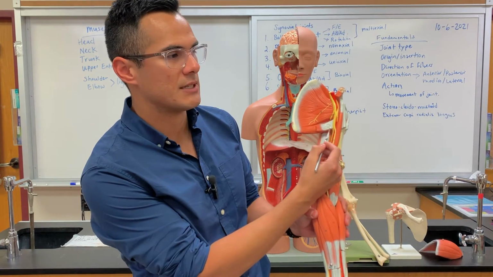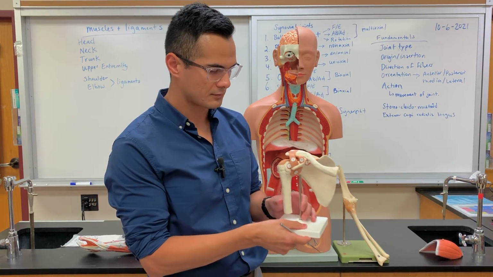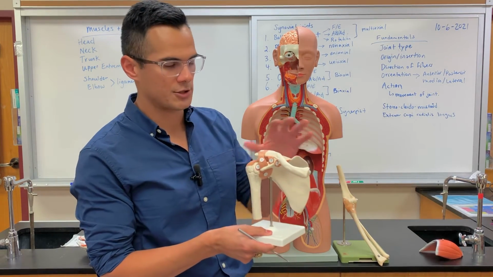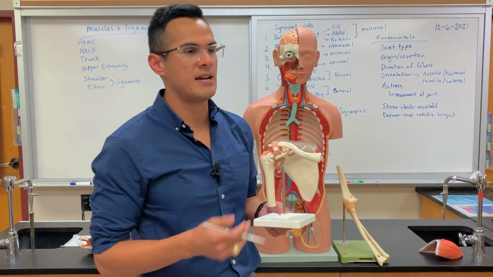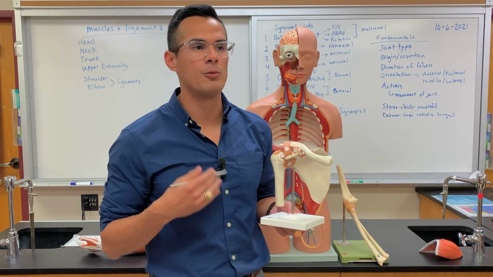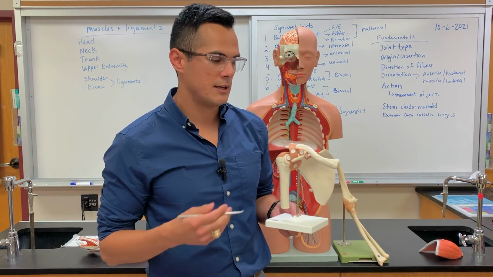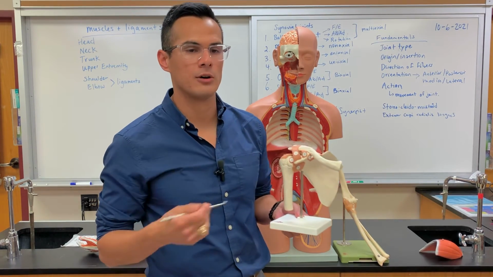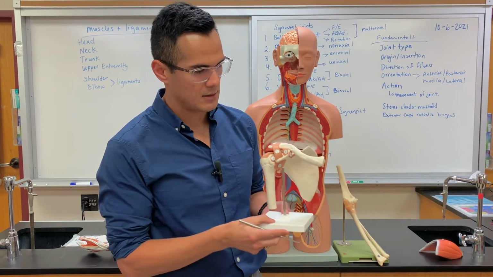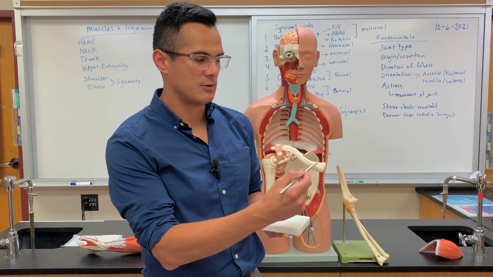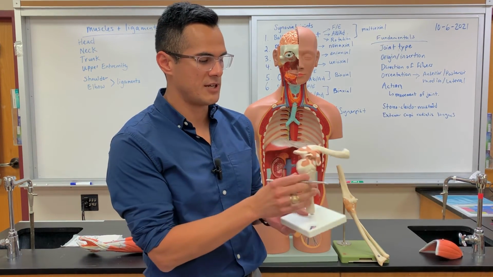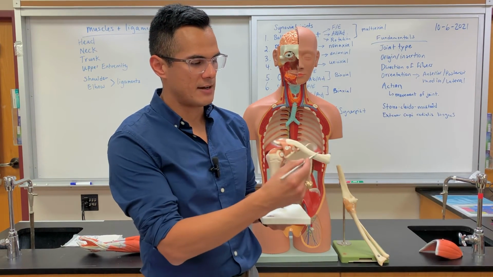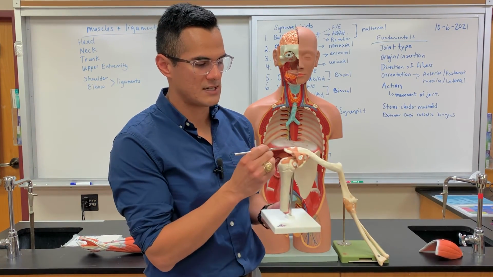Tendon right here is from the latissimus dorsi. So what you're looking at, this is an anterior view of the scapula or the shoulder girdle. And so it's the same thing with the ligaments. If you know the bony landmarks, then you should do fine. The only thing is just knowing the order of the sequence of saying it. So let's go over the bony anatomy real quick. So this is the clavicle, this is the acromion, and this is the spine of the scapula. So if I know that this is the clavicle and this is the acromion,